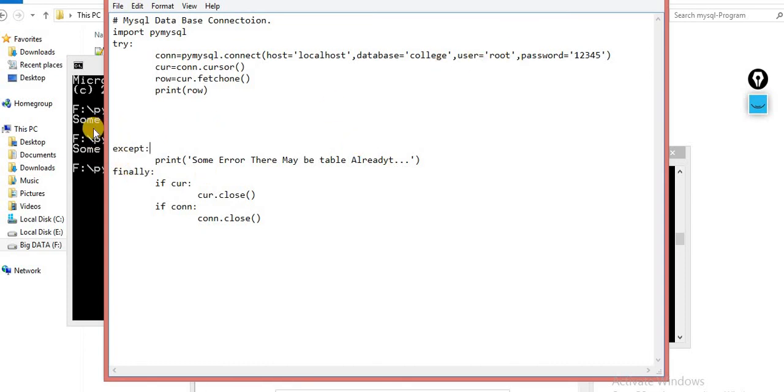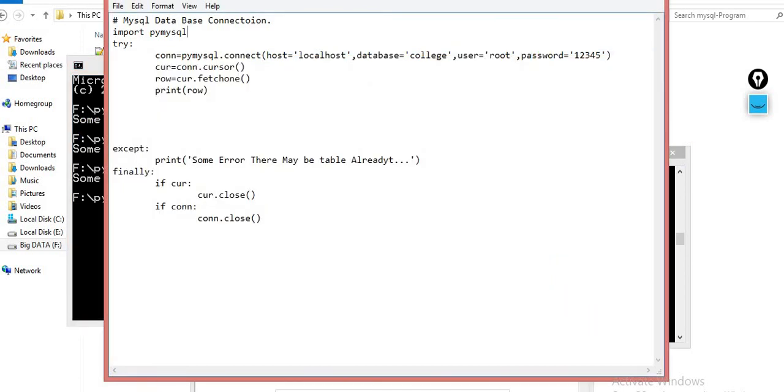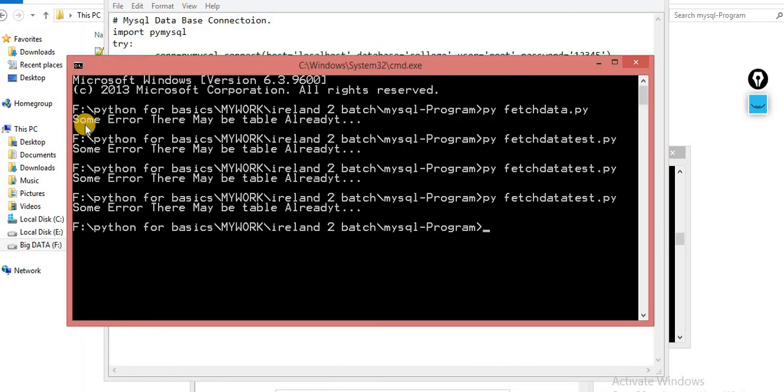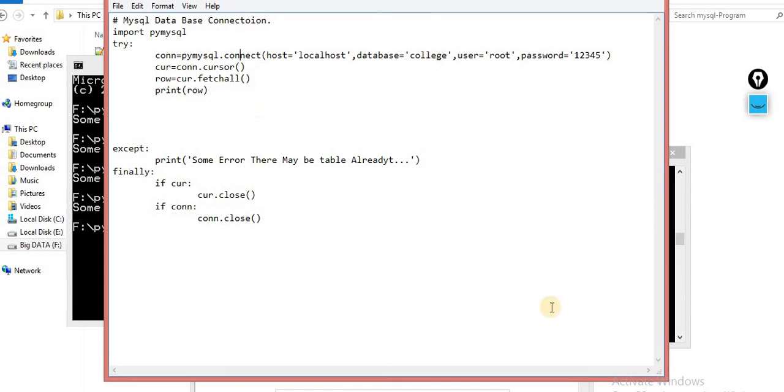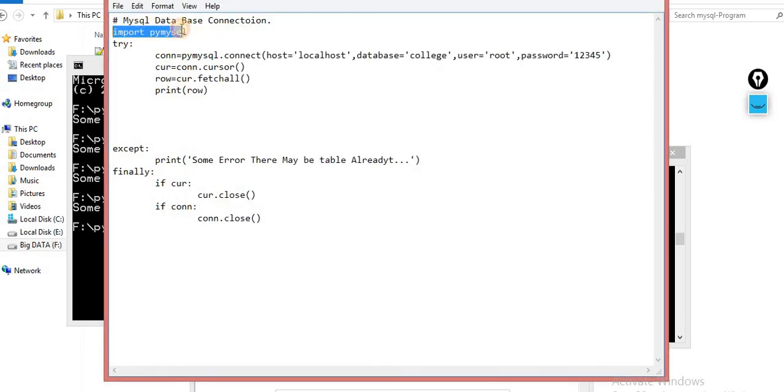Table college, this one, why is it giving the error? Some error may have occurred. Okay, so where is our IDLE shell? Fetch all. Some error is there. Okay, I'm copying, Control C. Where is the shell?